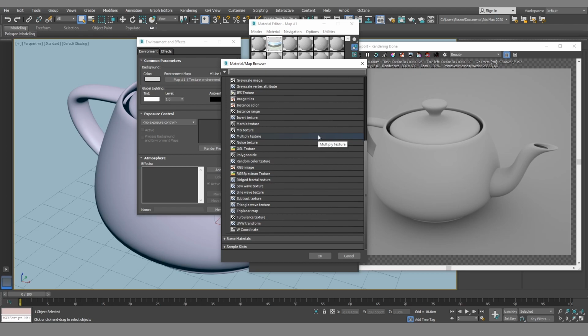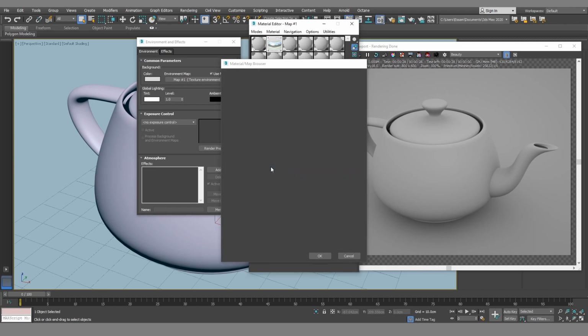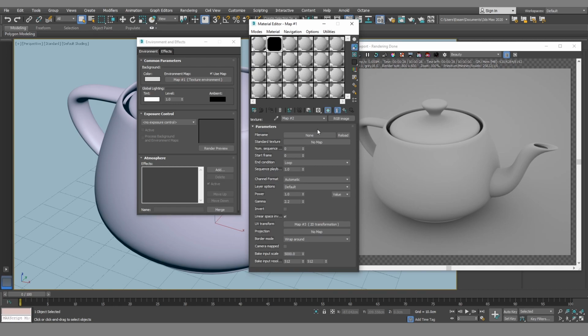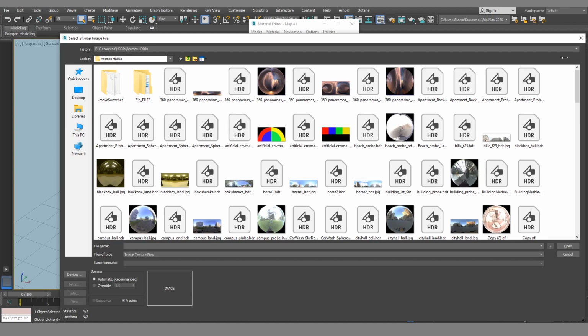To load any map inside Octane, you need this node, RGB image. That tells Octane that I'm using an image, a bitmap, an HDRI map or a texture, JPEG, PNG, image sequence, whatever I need to load into the texture, it always uses the RGB image. So I'll choose an RGB image. File name, I'll press this one. Now I can load my